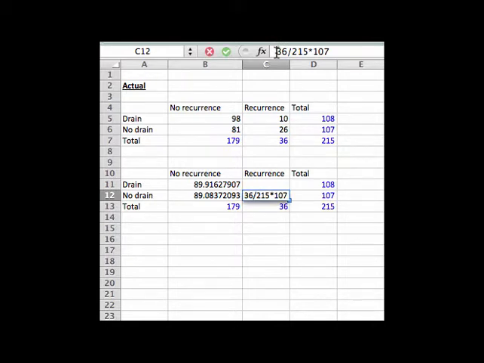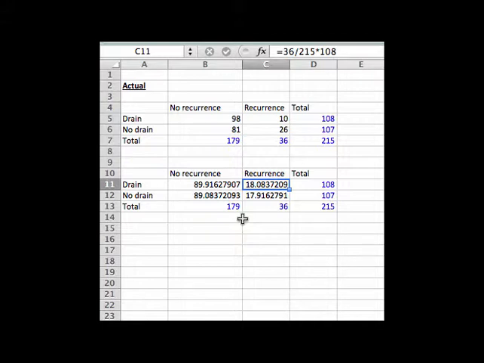I better put an equal sign, I suppose. Okay. And here 36 divided by 215 multiplied by 108. So again, let's put the equal sign. So now we have calculated the expected values,